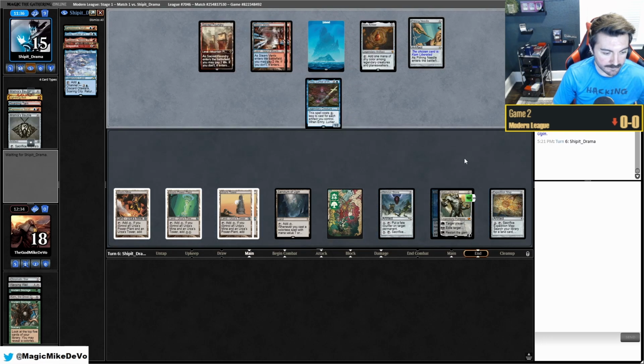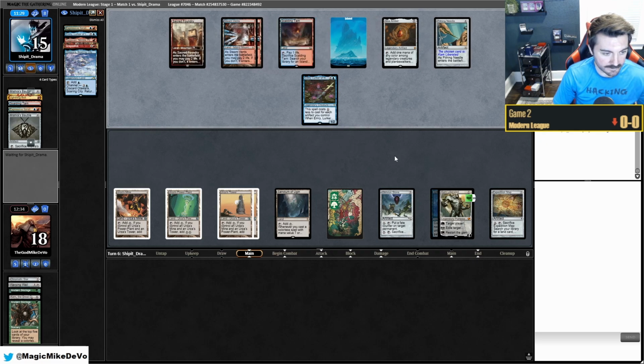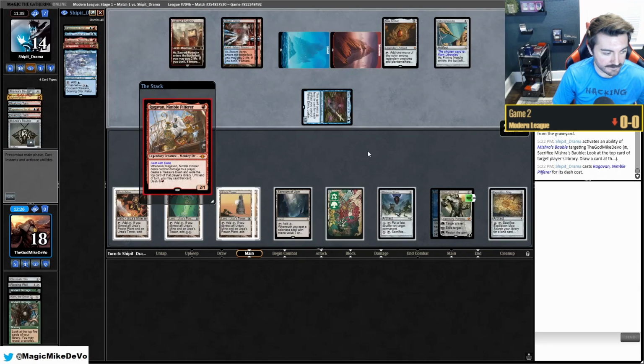We have map to go get Boseiju for instant speed artifact removal. They're going to get value out of Emery again, but there's nothing we can do about that. They draw another land for the turn. Did they Expressive again after playing a land? To get back Bauble. Look at the top of my deck. Yeah, Bauble is great for this, so they just get to see...